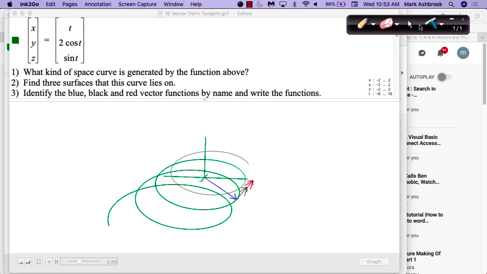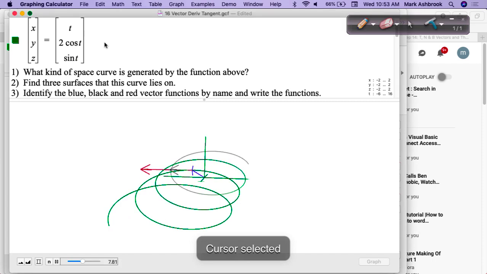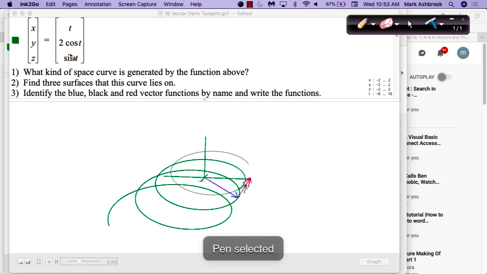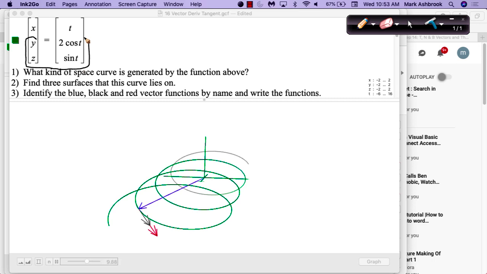Would the equation be y equals 2 square root of 1 minus z squared? Oh, right, of course. So how would we find the surface associated with y and z? If y equals 2 cosine t and z equals t, we're talking about what kind of